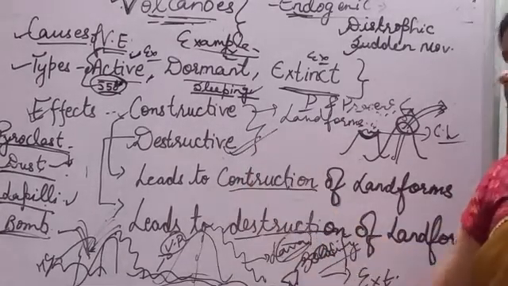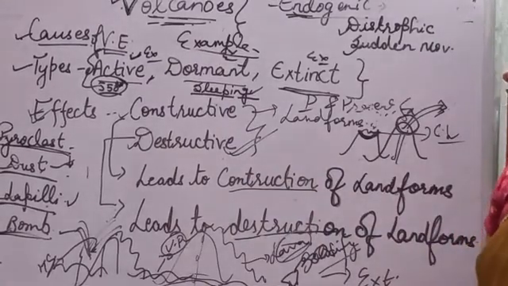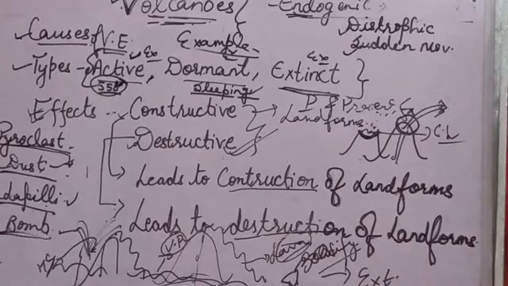Some destructive effects are also caused by volcanic eruption. When the volcanic eruption takes place, it destroys life and property of the people. Agricultural fields are also destroyed and are not suitable for cultivation. Then huge clouds are formed after volcanic eruption, which results in floods and landslides. Volcanoes also emit poisonous gases which pollute the environment. And explosive volcanoes in the ocean create tsunami waves. Whenever volcanic eruption occurs in the ocean, it creates tsunami waves, which are very destructive and destroy the life and property of the people.